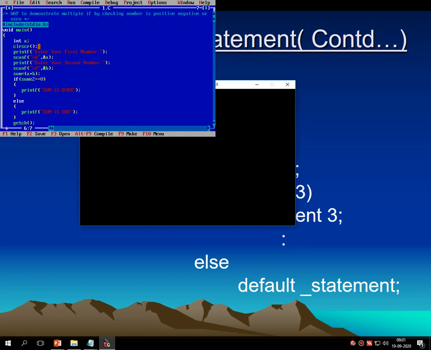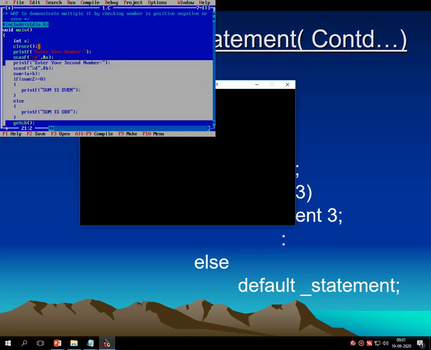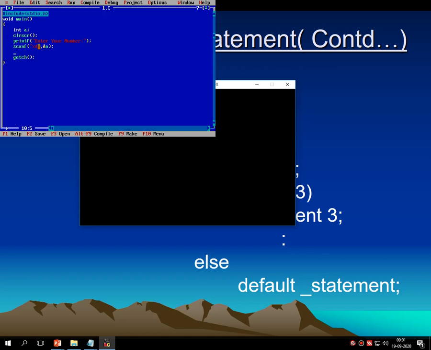Integer a is the variable. Here I have to enter the single number only. Then printf, enter your number. This is the message. I don't require the second value for this code. Let me remove this entire block. Then the number is entered.